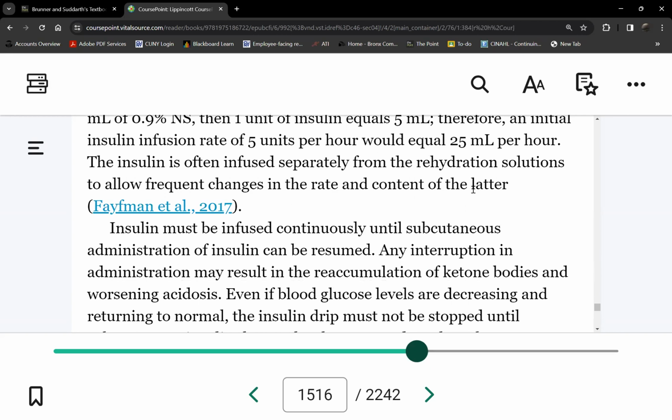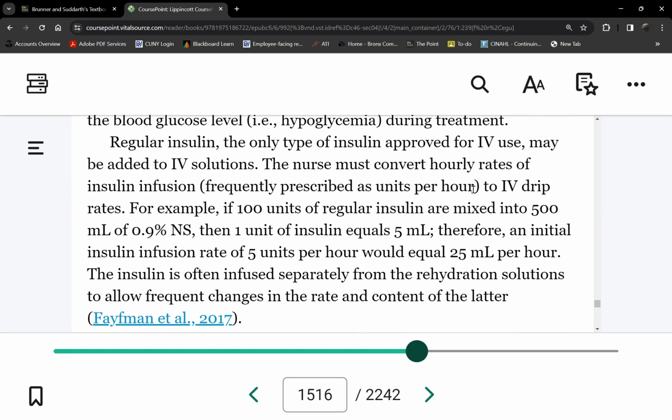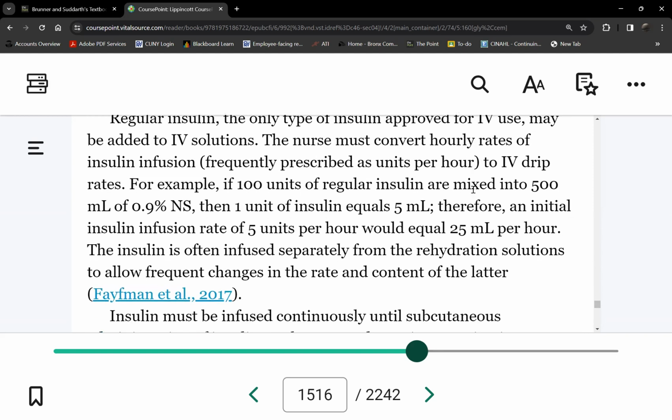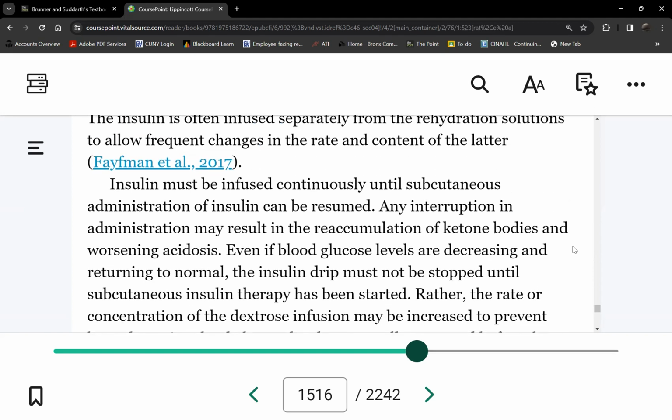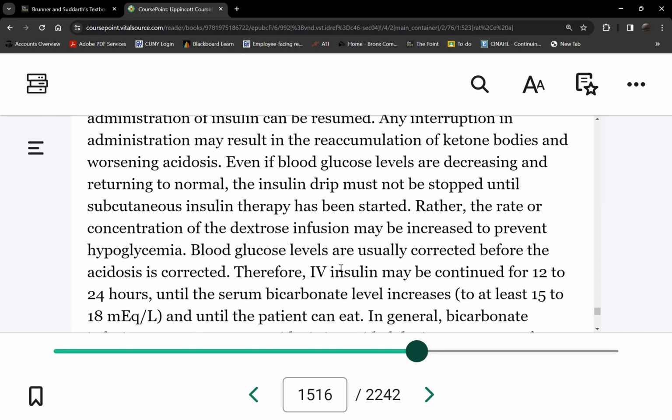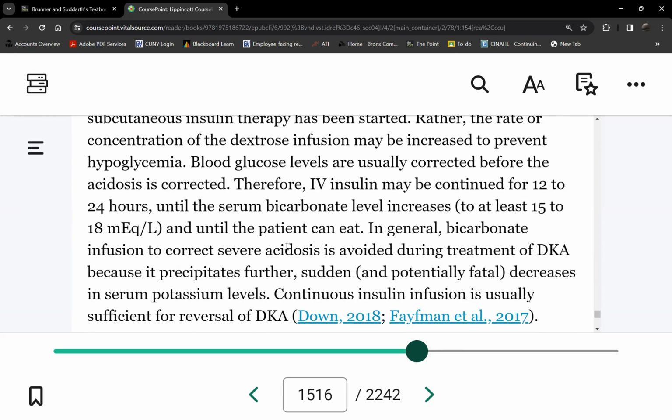Okay. Now, regarding bicarbonate in 16. Because there's acidosis, remember? Here it tells you, when we say bicarbonate infusion, it's only given... Look at this statement. In general, where's the "in general" here? So what does that say? In general, bicarbonate infusion will be